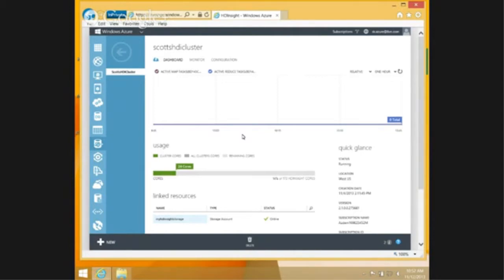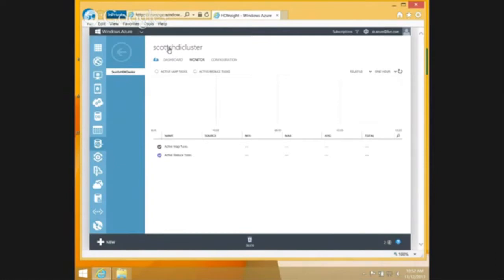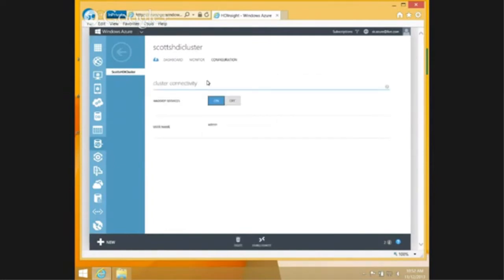But in HDInsight, and the reason I'm bringing this up is that it recently GA'd, in the last 30 days actually, you really can't do anything more than just monitor and turn Hadoop services on and off. I mean, that's really it. But if you look,